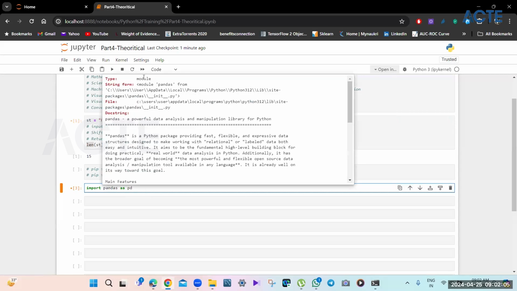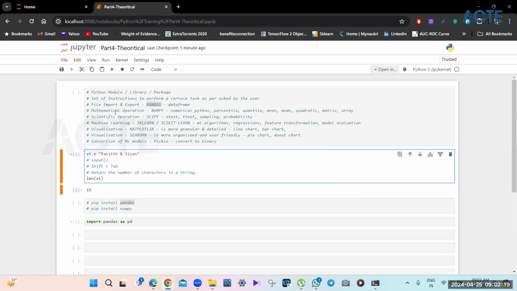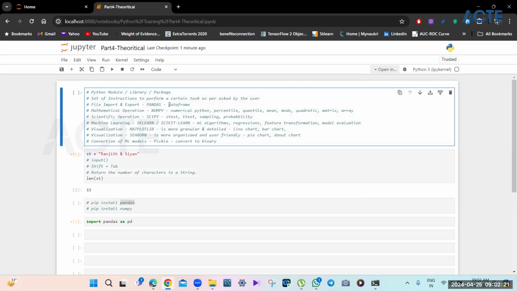So this is a module. This is pandas. This is where it is stored, the location. Now, what is pandas? A powerful data analysis and manipulation library for Python. Let me write it down. This is much better compared to what I had written. So this is a powerful data analysis and manipulation library for Python.